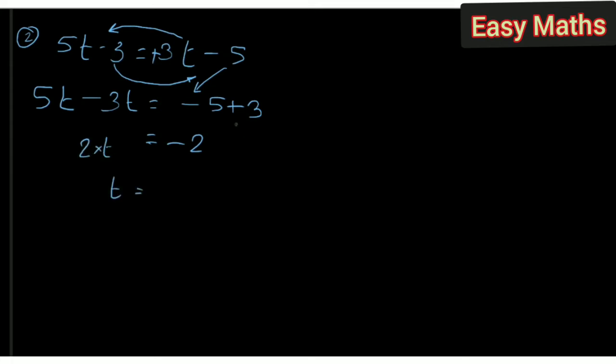I hope you know the rules of addition and subtraction. If the two numbers have different signs, then we must subtract them and give the sign of the bigger number to the answer. For example, minus 8 and plus 4. The signs are different, we have to subtract. 8 minus 4 is 4 and give the sign of the bigger number. 8 is the bigger number, its sign is minus. So the answer is minus 4.